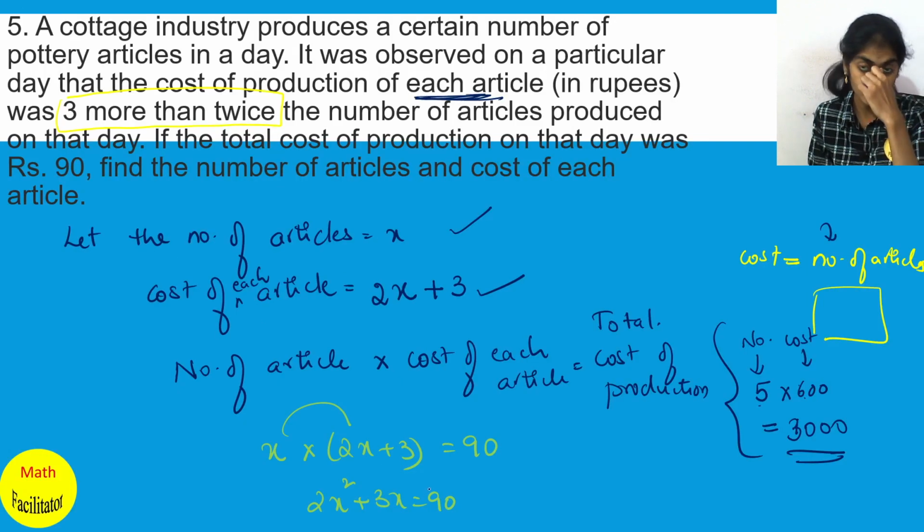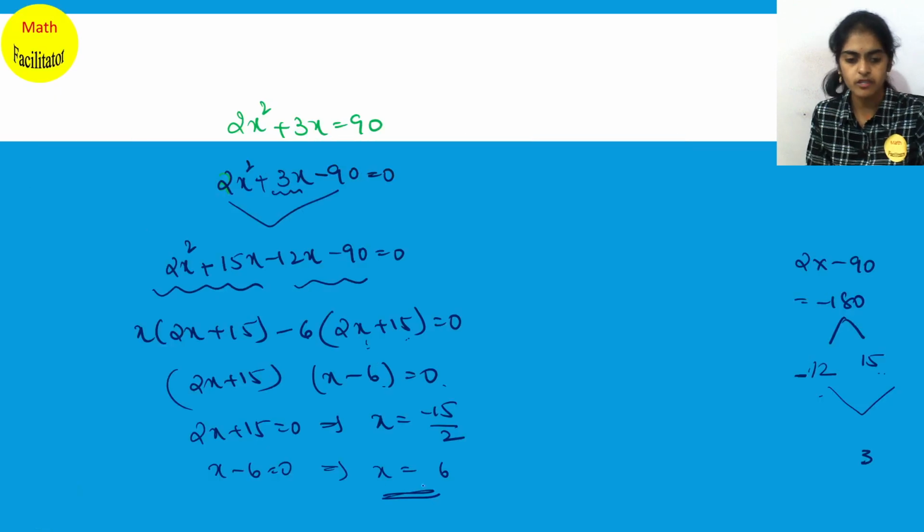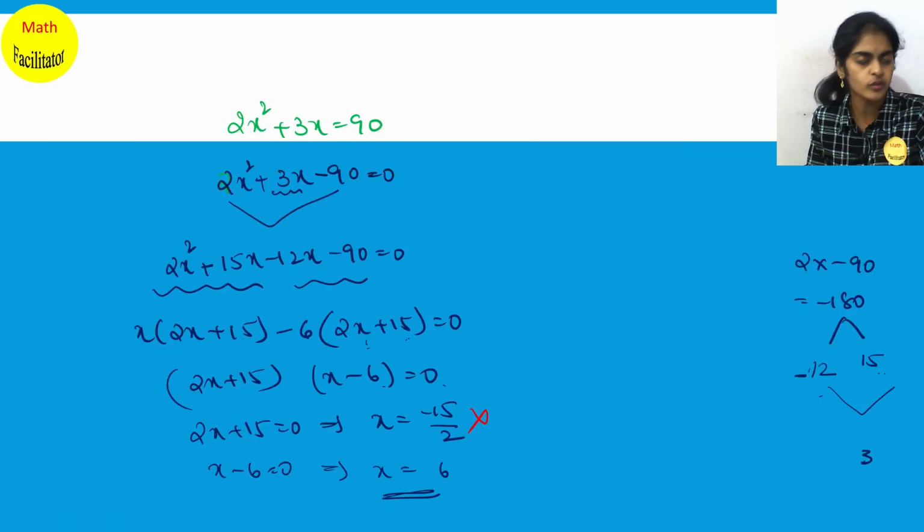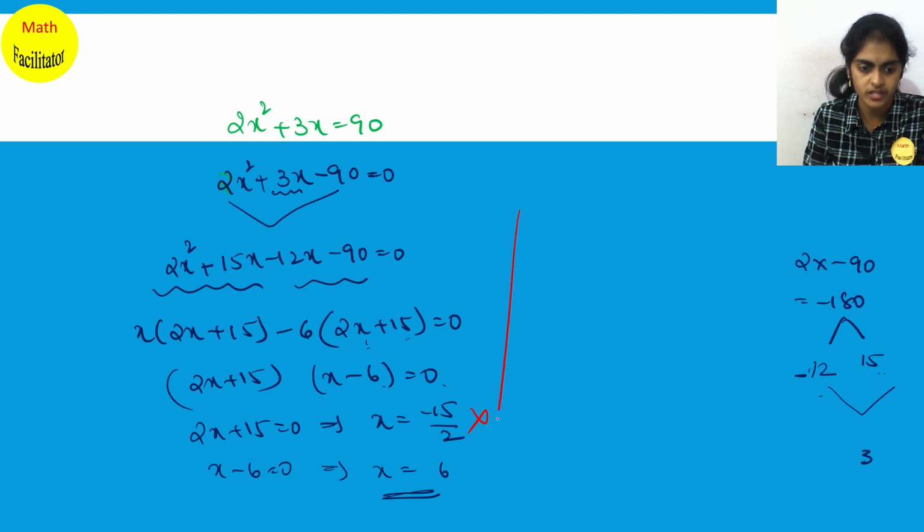Here x is nothing but the number of articles. So number of articles can never be negative. Okay, there will be some number, you will never have a negative value because it's the number of articles you're counting. It is always a natural number, it will be positive. So x equals 6 is your answer. So that means number of articles